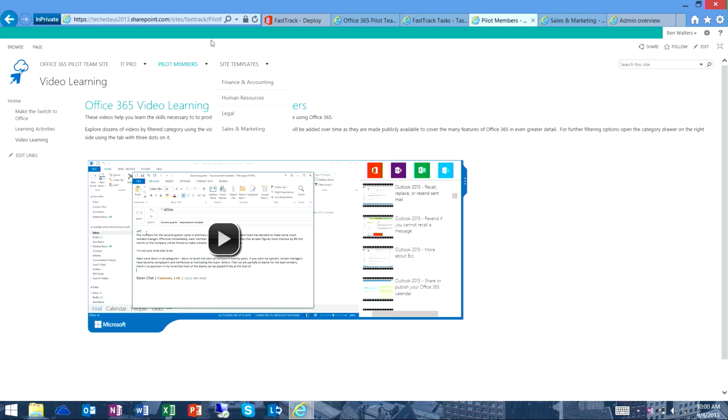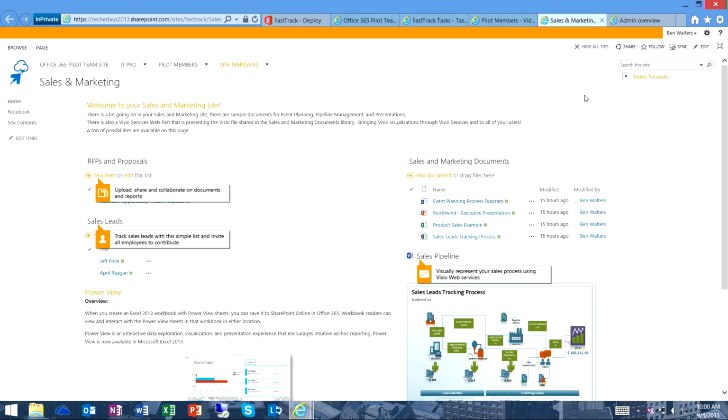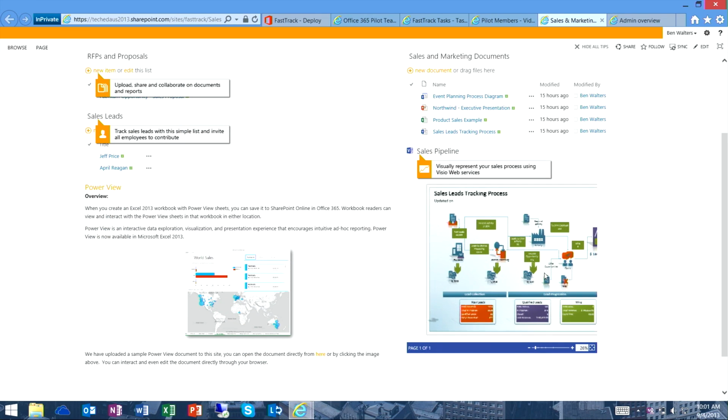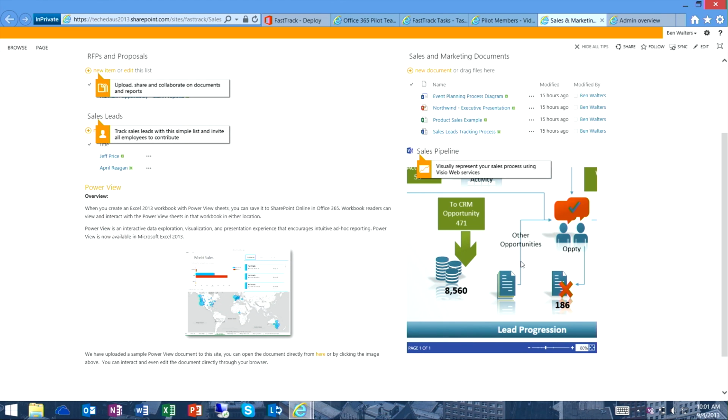to help you move through your pilot, following through those steps. The last piece I'm going to show during this is also, we don't want to provision demo content into our customers, but we want to help you understand what's possible, maybe from an HR and accounting perspective, maybe from an IT case management side, or your sales and marketing team. So what we've done is we've added templates into these pilots to allow you to see, hey, this is what Visio Services actually looks like inside of SharePoint.